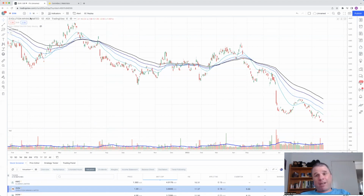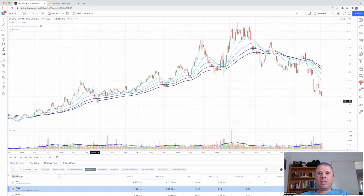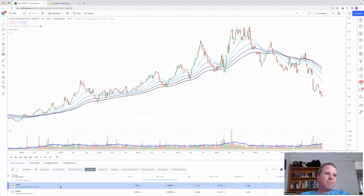I would like to see a bit of a turnaround in the gold prices, although if we look at the weekly chart for Evolution, the last time the share price was at $2 was way back in 2017, late 2016. You can just see the share price, nice uptrend from about 2015 all the way through to 2020. Now the share price is in a downtrend. Don't know how much lower the share price will go, but I think there could be some good value for some of these gold miners. Downer,